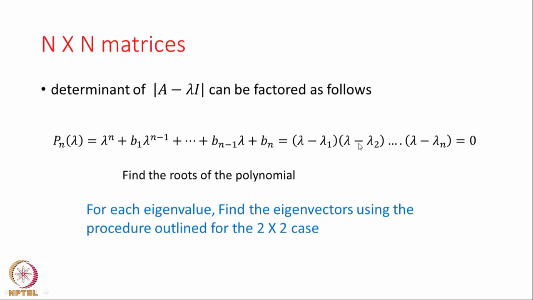So, this is a very fundamental statement in polynomial equations or algebra. A polynomial can be expressed as a product of the n roots of the polynomial, where each root is subtracted from the variable lambda. So, these are my n roots, and for each eigenvalue now, which is the root, I can find the eigenvectors using exactly the procedure that I gave in the previous slide. I substitute the value of lambda, then A minus lambda I times x equal to 0, and I get relations between all the x's. When I get the relation between all the x's, I find the values of the eigenvector.